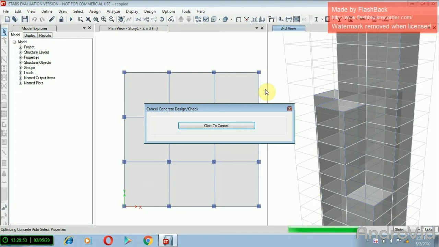The checking process may take more time because it needs to check all the members of the building.